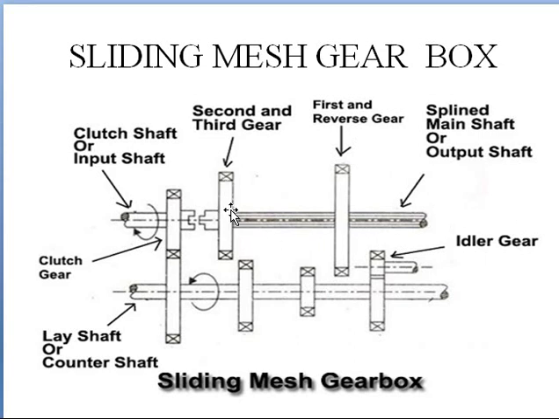Next one is for the second gear, this will come in contact with the same shaft here and the power transmission will take place. And next one is for the third gear, this gear will come in contact with this gear at the bottom and you will get the third gear. Now if you want to rotate the output shaft with higher speed, then you can directly engage that output shaft with the input shaft. And if you want to go for reverse gear, then this larger gear will come in contact with this last gear and here you will have an idler gear so that it will rotate in the opposite direction. So this is how sliding mesh gearbox will work.